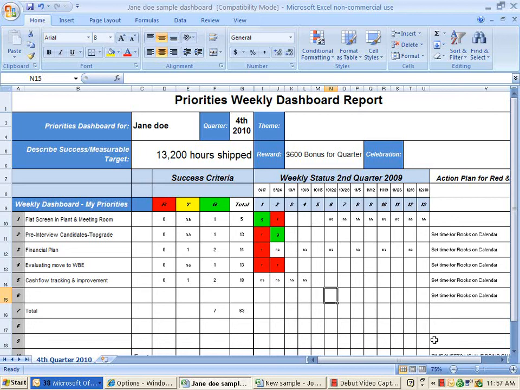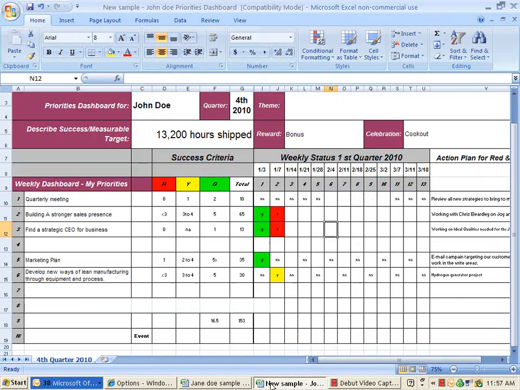So 5 hours is the most at any one given time, I think, that she's going to be spending, maybe 6 on any one given project. So it's kind of a gut check, and it works in this case that she will have the time to do it. Here's John Doe, same company,